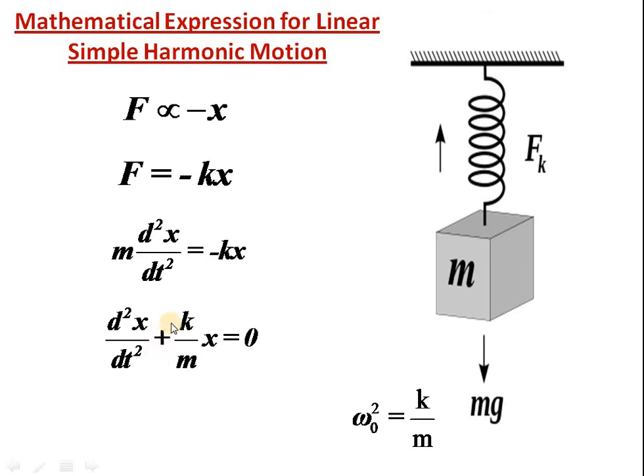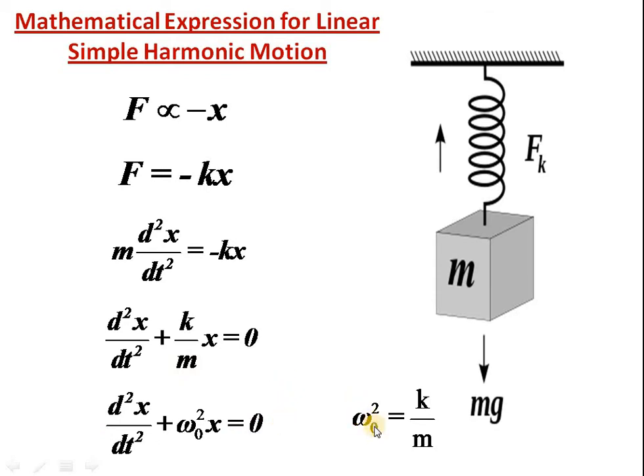And again, usually what people do is a substitution like this, in which they substitute k/m equal to omega 0 square. It is done purposefully. What is the physical significance of omega 0, we will understand very shortly. So let us do this substitution. Our equation now becomes d²x/dt² plus omega 0 square x is equal to 0. So this is also the differential equation for a simple harmonic motion.